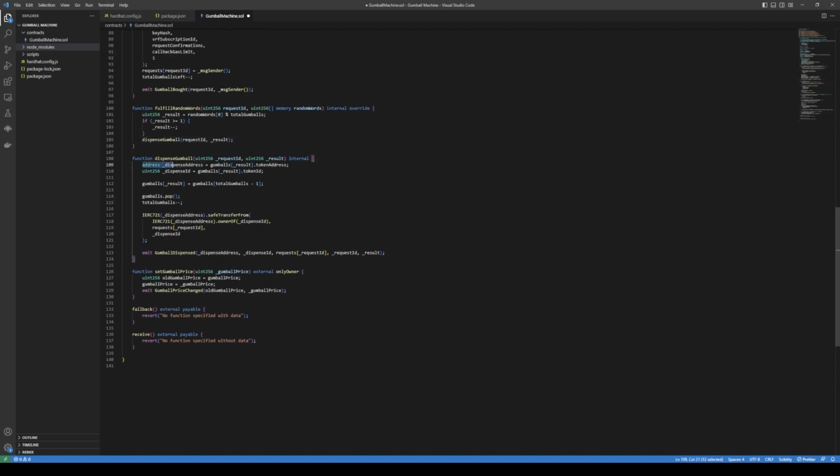That in turn gets the winning token, which is the dispense address and the dispense ID, using the result at the index of the gumballs array. And then it takes that winning number and replaces its information with the last in line in the array, so that when we remove the last in line, it's still recorded here under the winning number,